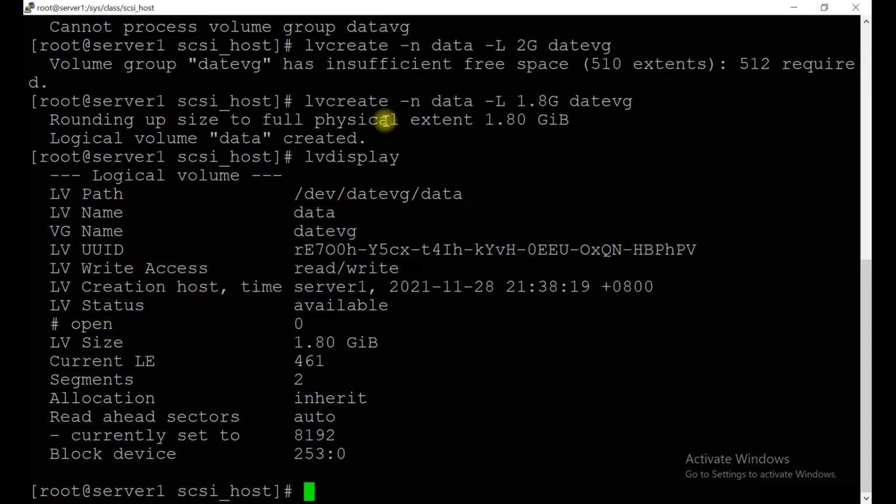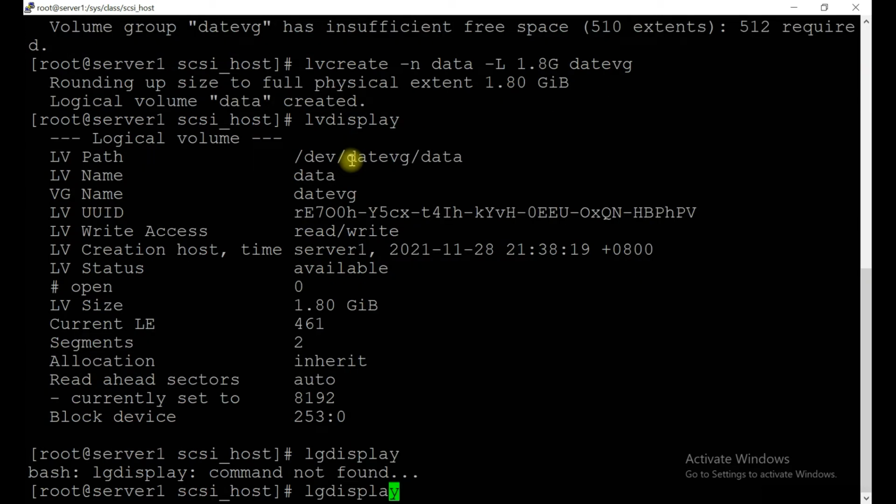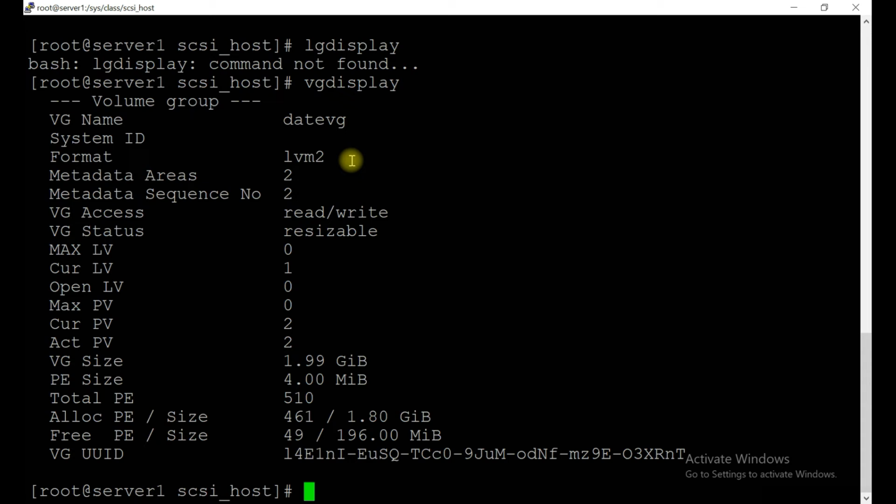Okay, similarly vgdisplay will give you the VG related information: the name of the VG, date_vg, with VG size around 1.9 GB. The PE size, physical extent size, is only 5 MB. So these are the total number of PV.